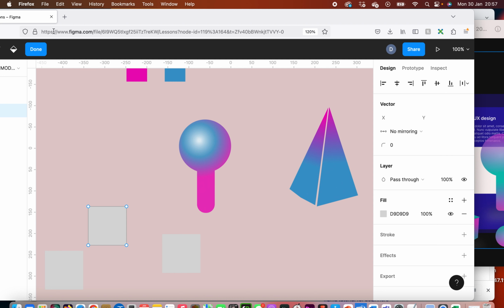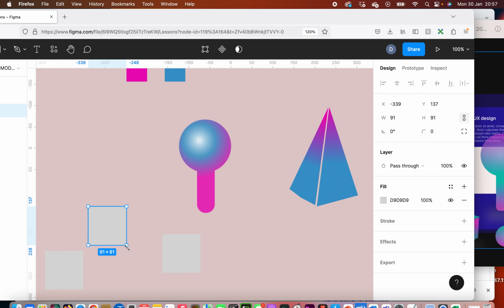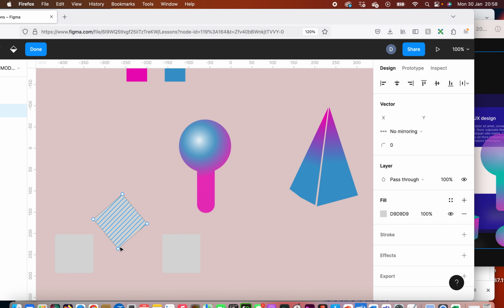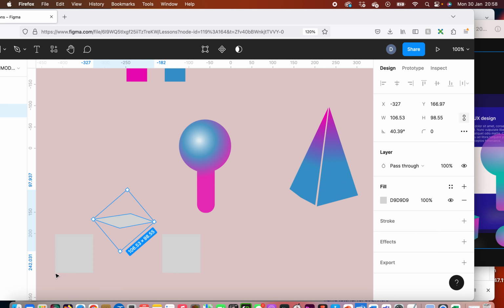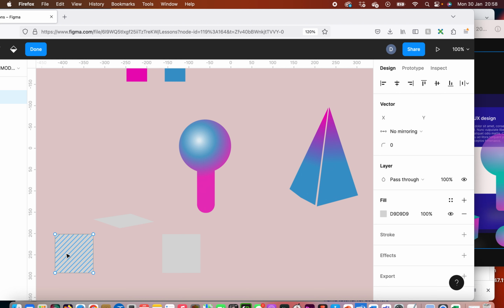So let's say done. Let's rotate this. That's better. We want to actually flatten this so we can bring it up, down, sort of thing, like that. And so done. And then we want to bring this over